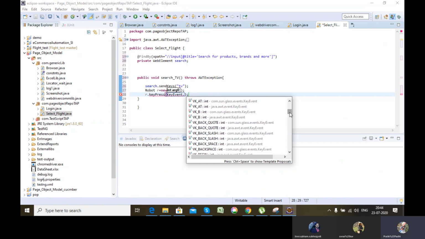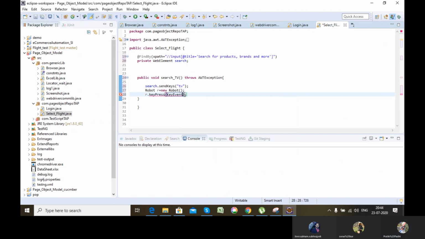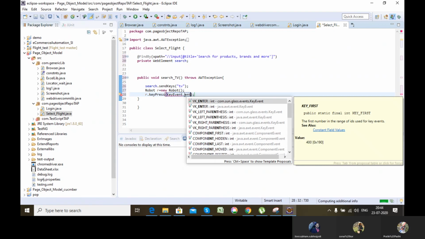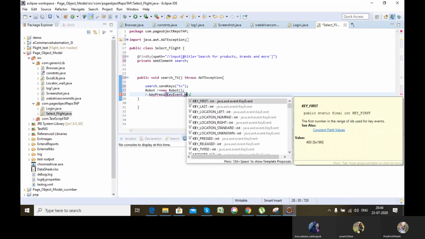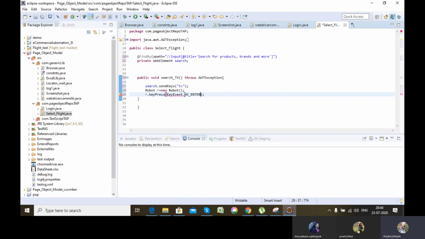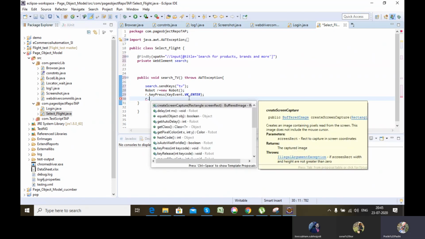So here I will be entering the value and clicking enter. So I'll be searching for enter, and it will click enter. Once it clicks enter, I'll be releasing that button, because enter will stay pressed if I don't release it.